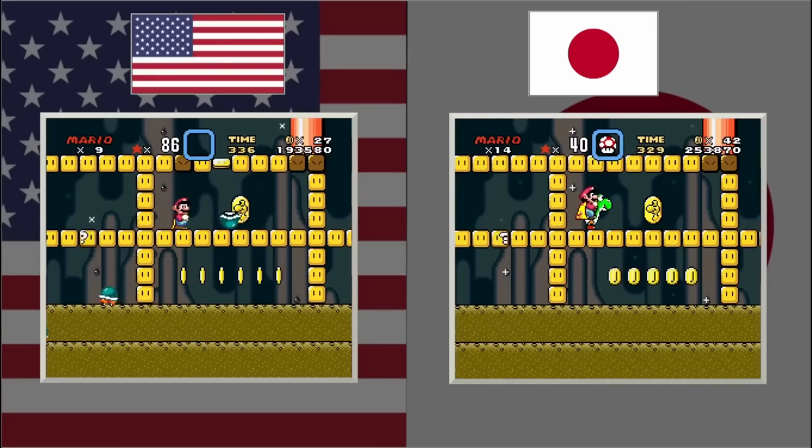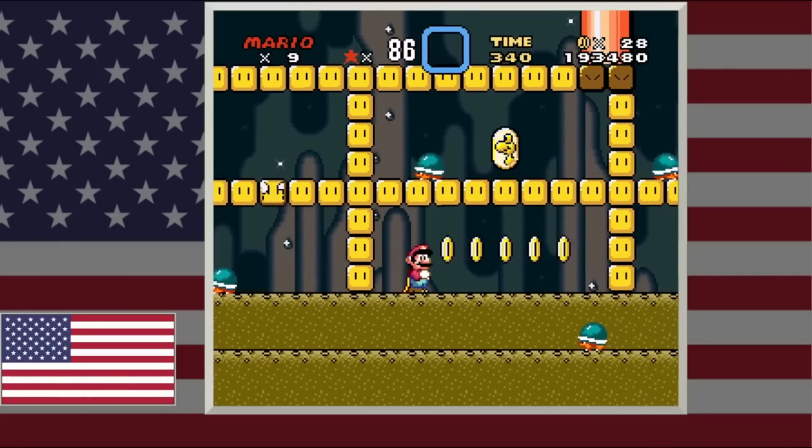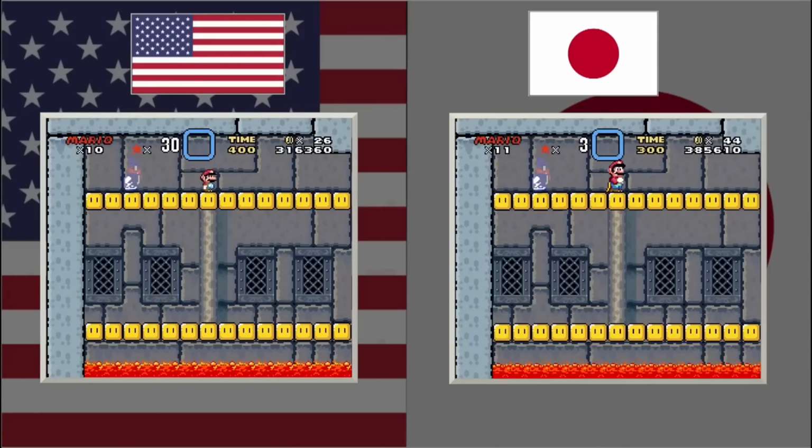Maybe the developers found through testing that a lot of players lost their power-up in this particular area and wanted to give something back to the player. Or heck, the fact that it's a cape power-up really helps out against these enemies in a way that a fire plant power-up wouldn't. And then for the third castle, or Lemmy's Castle, they gave you an extra 100 seconds